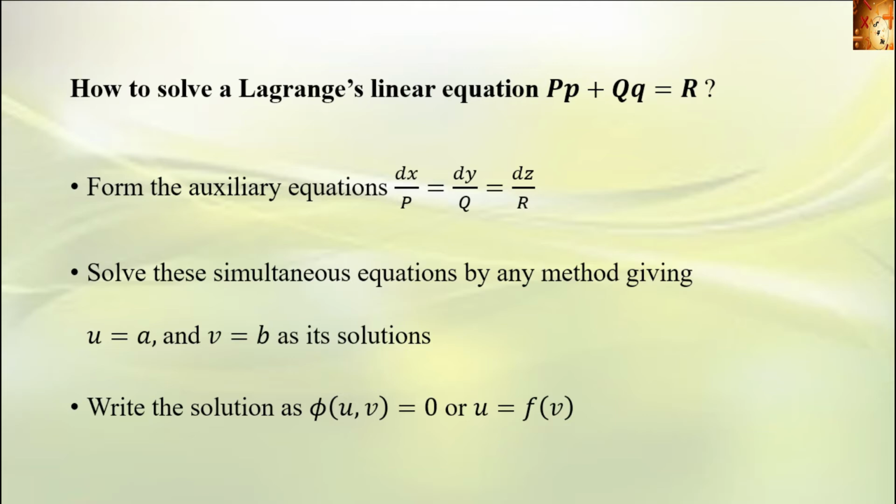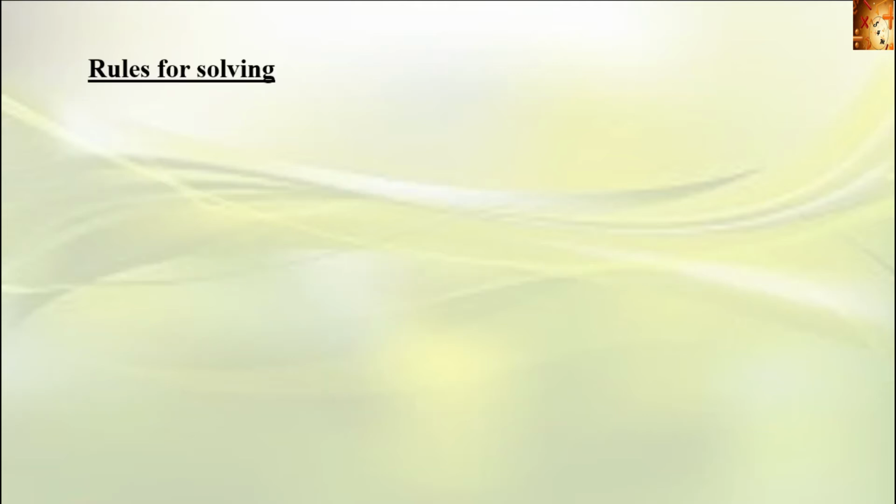So these are the steps to solve a linear equation Pp plus Qq equal to R. First of all, form the auxiliary equation, then solve these equations by any method and write u equal to a and v equal to b. Then the solution is of the form phi of u, v equal to 0 or u equal to f of v. The rules for solving or methods for solving